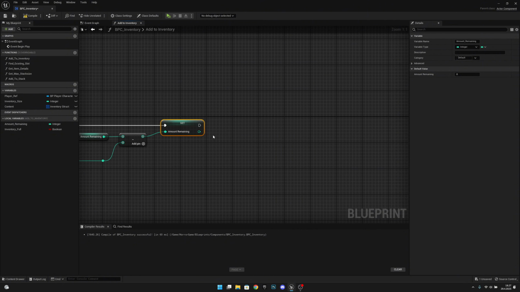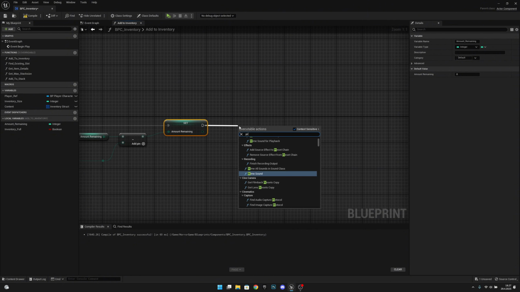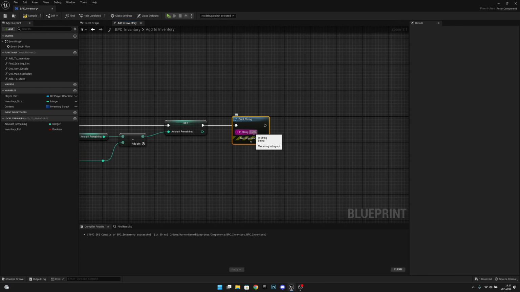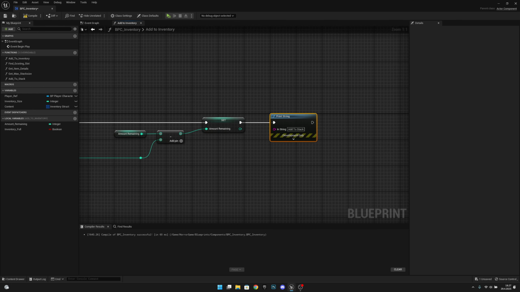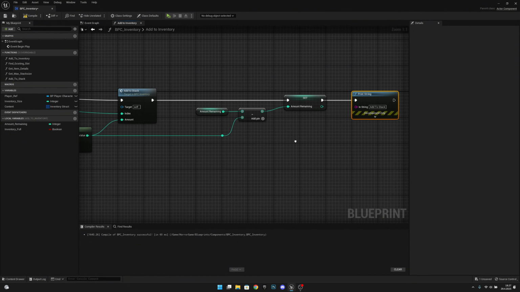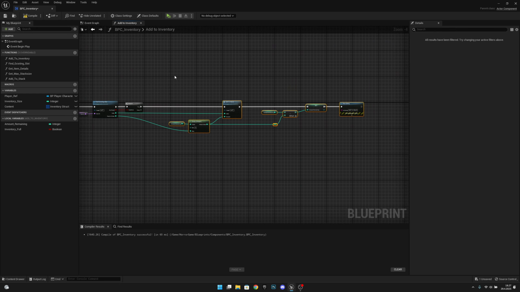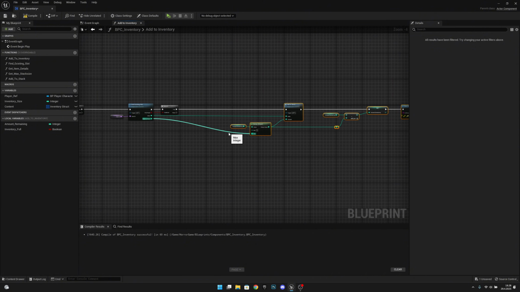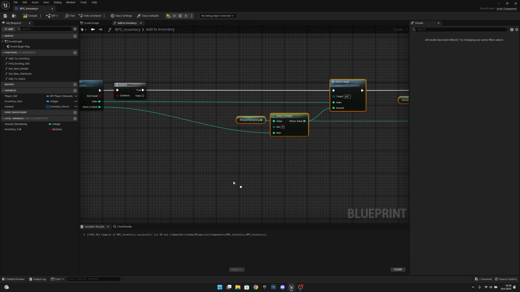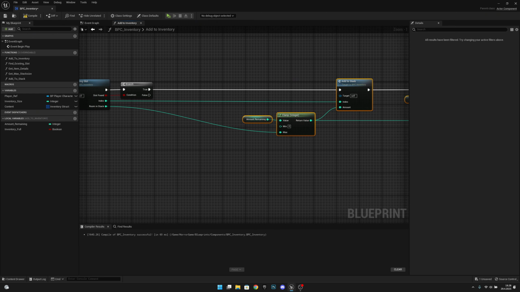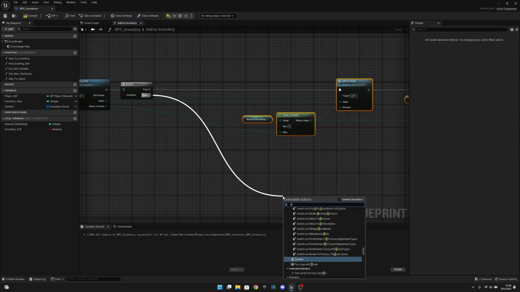And after that, let's just print a string. And let's call this add to stack, so we can see that it has worked, basically. So yeah. Now let's actually move this all a little bit further. Maybe like, I don't think these lines look that good, but yeah, it doesn't matter. Now from the false, let's get from it and let's add a branch